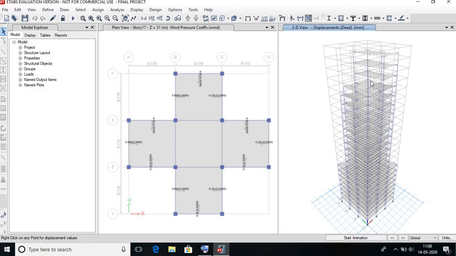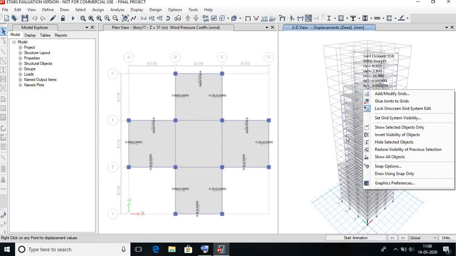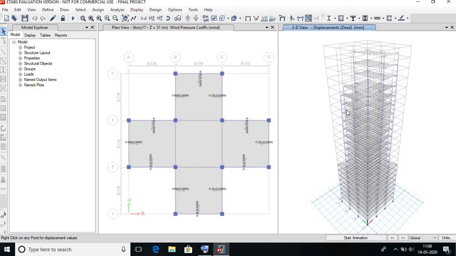We can see on the 3D view that the deflection displacement values have been shown over here. By right clicking on any point, we can see the displacement value at any place of the structure.